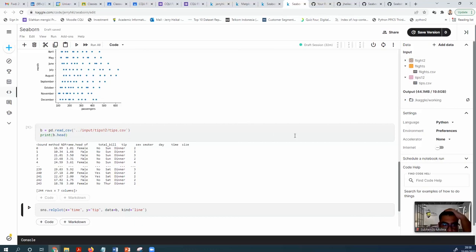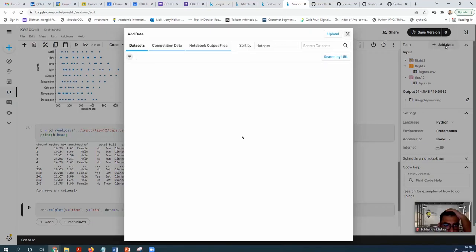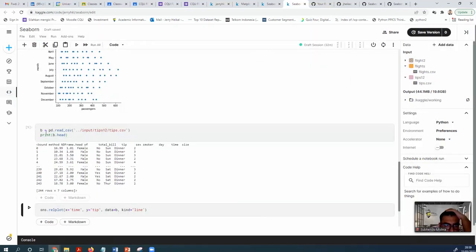Okay, so you need to import the data on tips. You need to put it in a CSV file, then text to columns, and then download as CSV, and then add data on the tips. And then in here I put b equal to pandas.read_csv, and copy the tips path here. So put it here, copy, and then paste it. And then print b.head. Okay, this is the data.